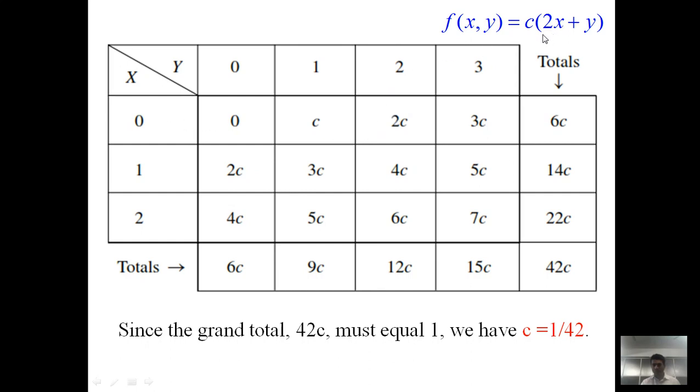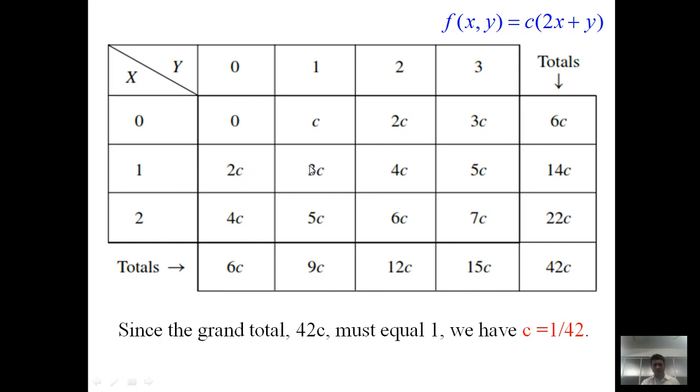Now x is 0, so first term is 1; y is 2, so the bracket takes the value 2 into c, so 2c. Similarly 3c. Next we have to talk about this value. Now for this position x is 1 and y is 0. Now y is 0, so the second term is vanishing, x is 1, so 2 into 1 is 2, so the bracket takes the value 2 into c, so this is 2c.